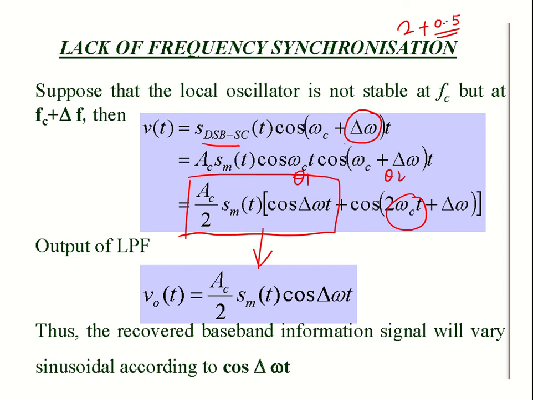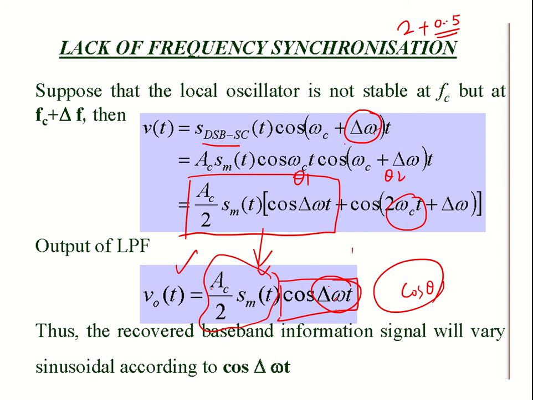Again, look at what is happening here. The message signal is multiplied with the cosine of the frequency shift. So whatever frequency or phase shift we have, we get that multiplier here. If the frequency shift is higher or lower, it will affect our output signal. This is not our exact signal, which should be only the message signal. So we are getting a multiplier here, and this is a very big issue.